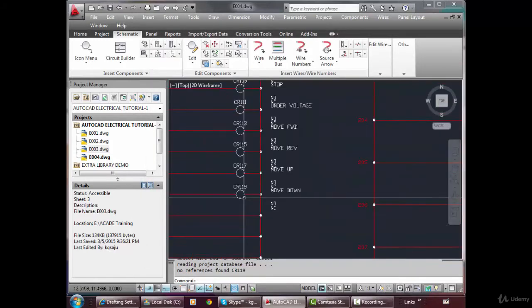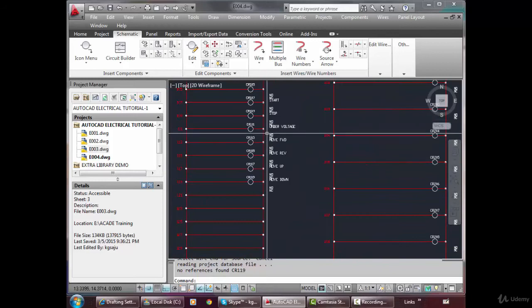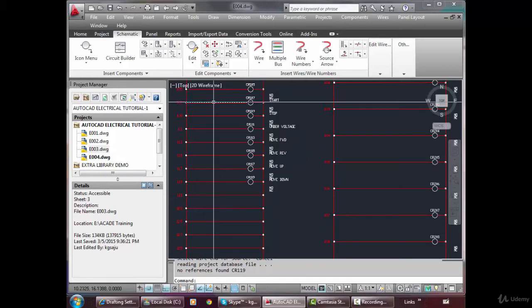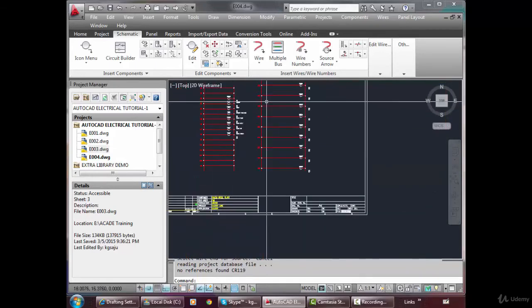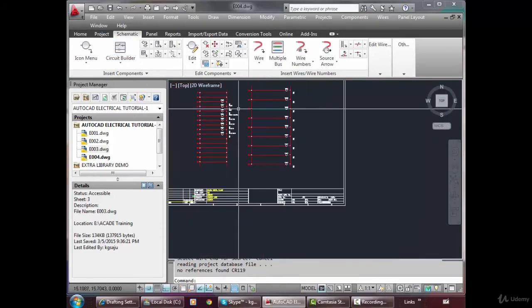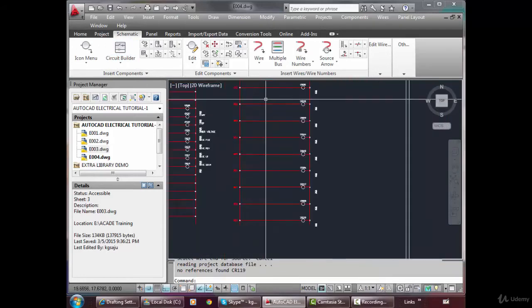In this way, in this case it will prompt you to put some description after inserting each component. So there are options, you can either put or you can skip that.